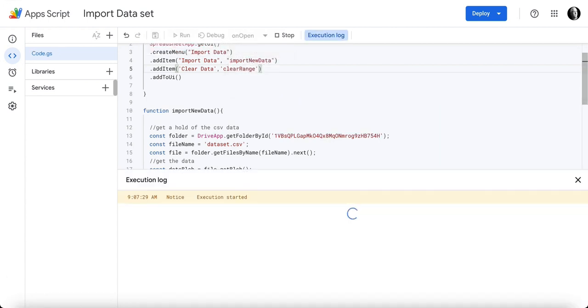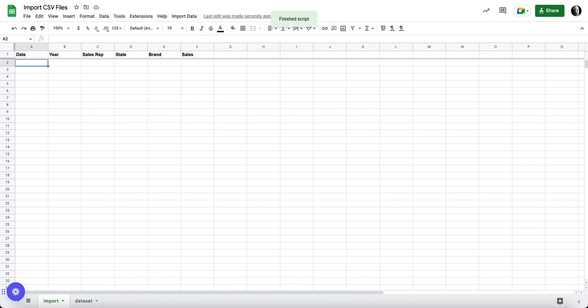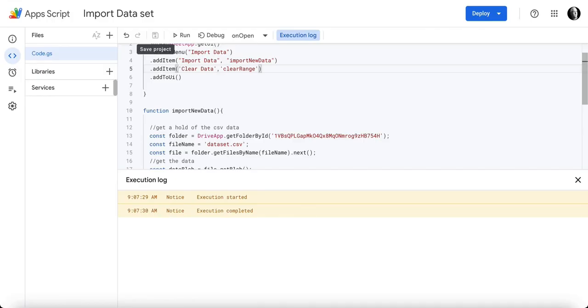Let's run it. And then let's come back to our sheet. Let's check import data. Let's see what happens when we clear data. Bingo. So now our data is gone. Import data. Perfect. So in order to get this to run here, we could come back to the script, and before we